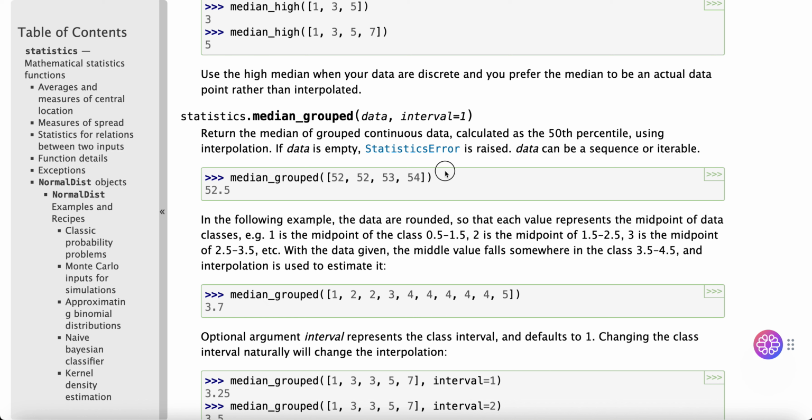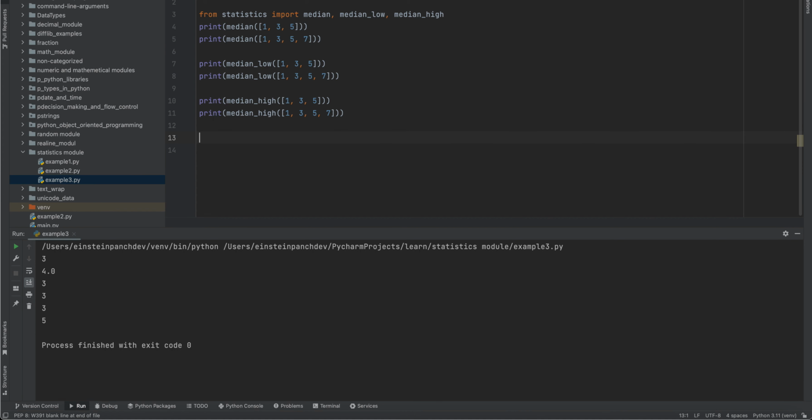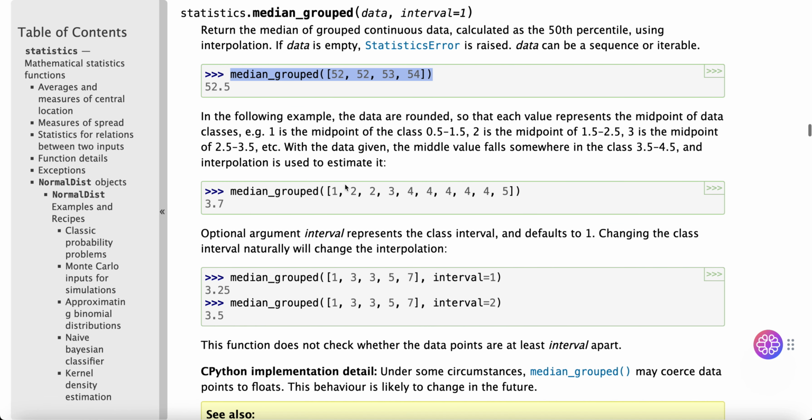Median grouped, print median grouped, run. 52.5. In the following example, the data are rounded so that each value represents the midpoint of data classes. Example: 1 is the midpoint of the class 0.5 to 1.5. 2 is the midpoint of 1.5 to 2.5. 3 is the midpoint for 2.5 to 3.5, etc. With the given data, the middle value falls somewhere in the class 3.5 to 4.5, and interpolation is used to